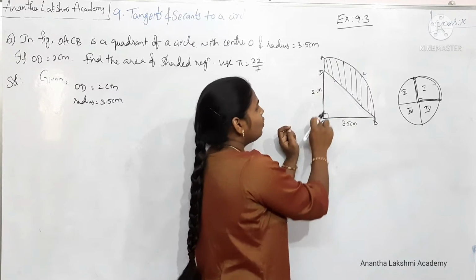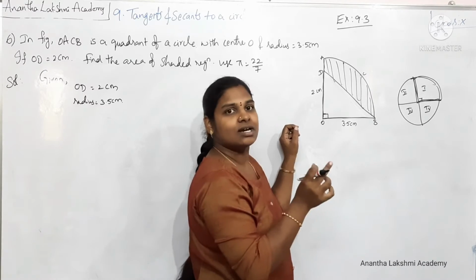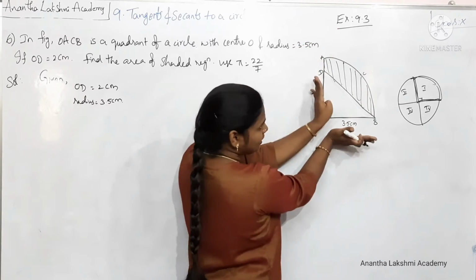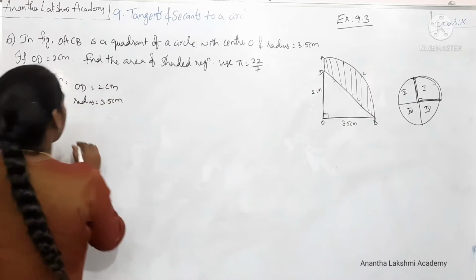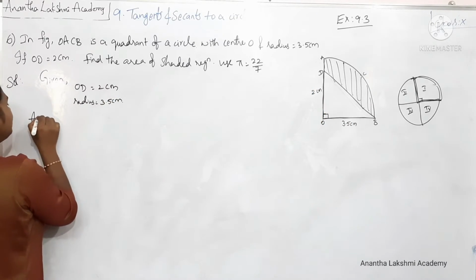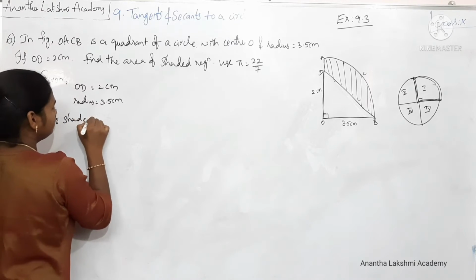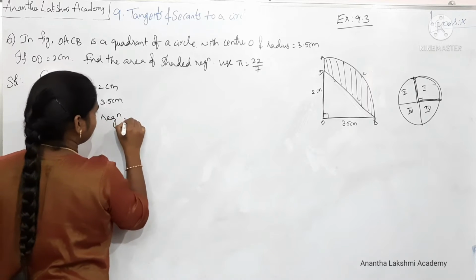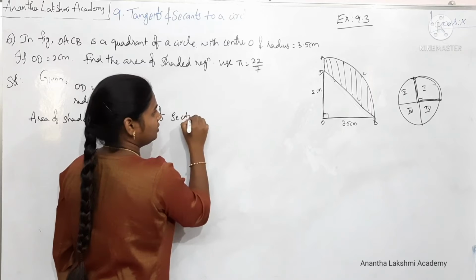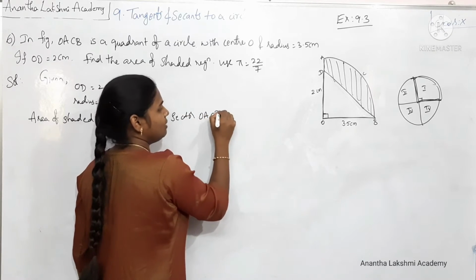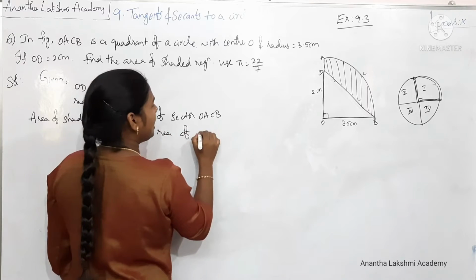So if you observe this OACB, this is looking like a sector. The arc which is enclosed in radii is nothing but a sector. So how do we figure out the area of shaded region? Area of shaded region is equal to area of sector OACB minus area of triangle